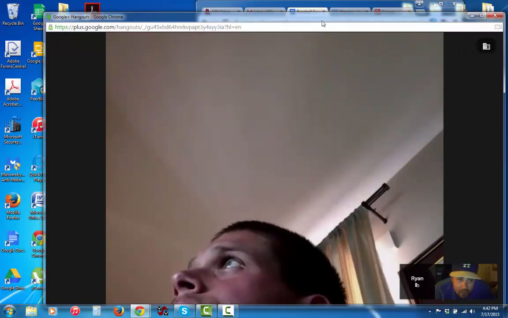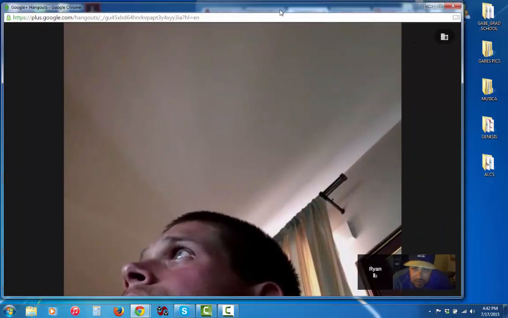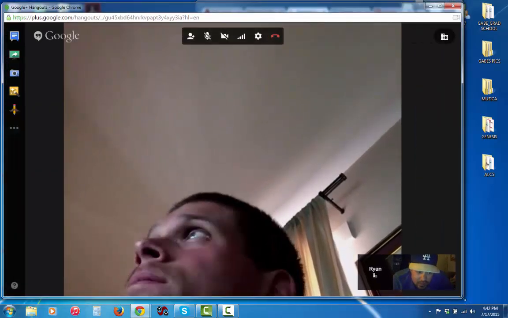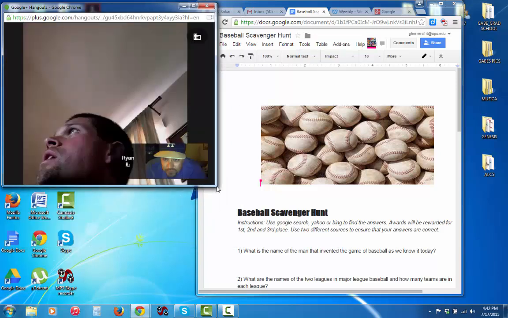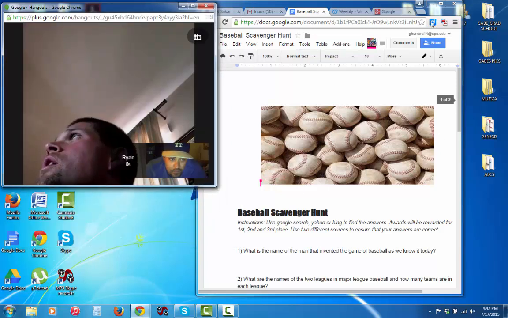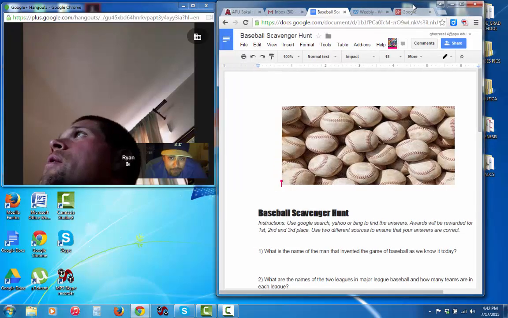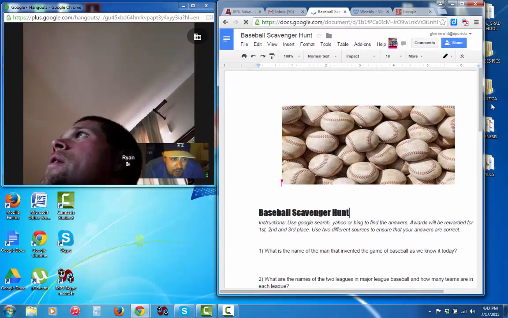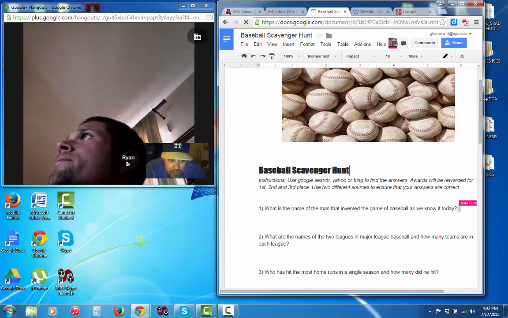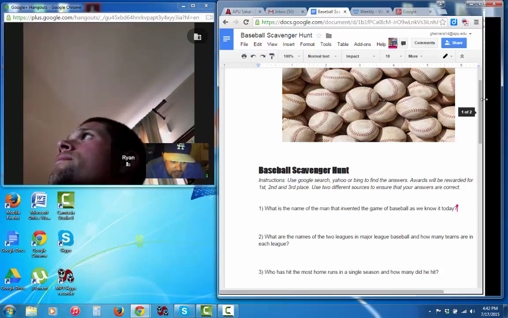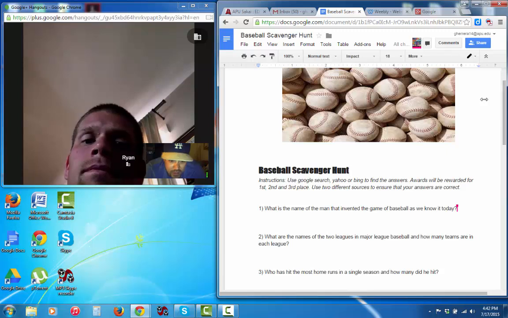I'm going to make his screen a little bit smaller so I could see both the document and Ryan at the same time. All right, just let me know when you're ready, Ryan, and we can start working on it together. I'm ready, and I'm in the document. All right, so his icon is a pink icon, and it's labeled Ryan Lucchese. And so his cursor right here can edit this first question.